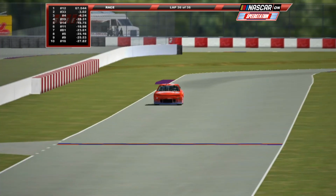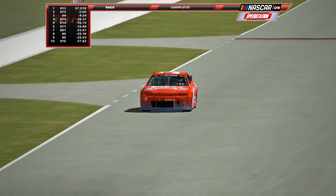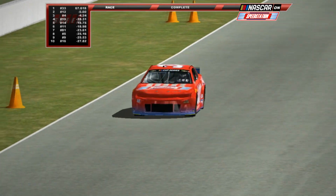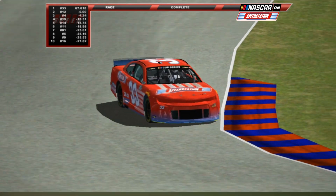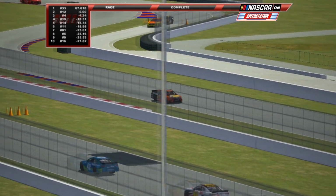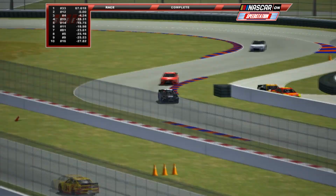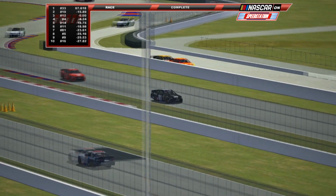Jan Magnussen gets handed his second career victory in only his 3rd start. Magnussen, the winner at Palm Beach in the inaugural running. Second position, it looks like it's going to be got by Martin Truex Jr. He has just enough fuel to get second spot. Third position, an upset